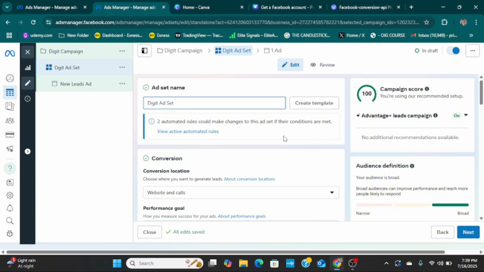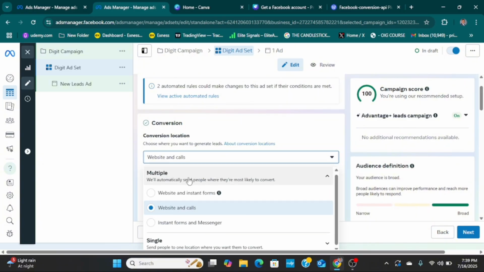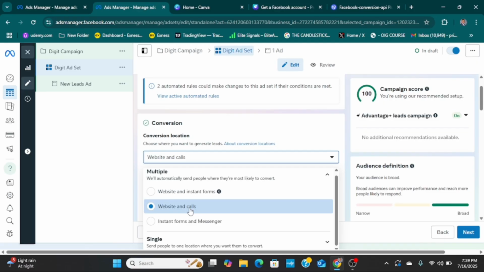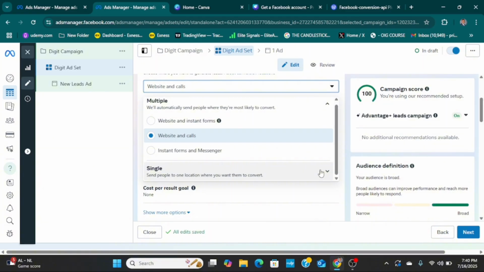Okay, then now this is what they're asking us. Your conversion, right? Where do you want to drive your conversion to? Where is your conversion location? You can choose website and calls if the business you are doing requires your leads to call or phone you. You can choose website and calls or only calls. Then you can choose website and instant forms. That is okay if that is what you want. But for the sake of this training, we want to go with